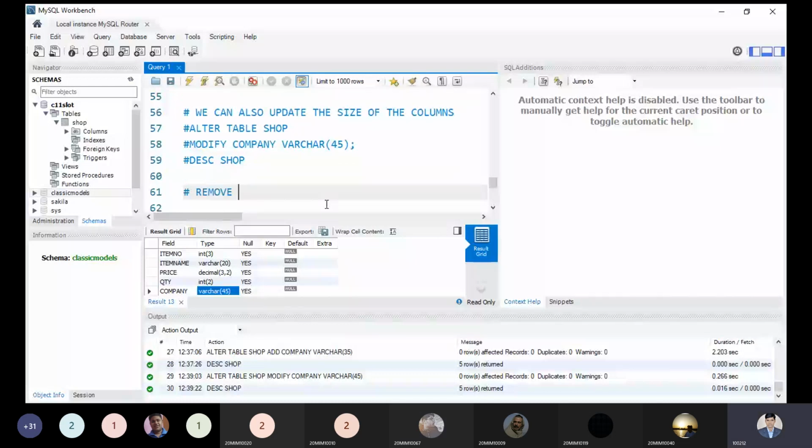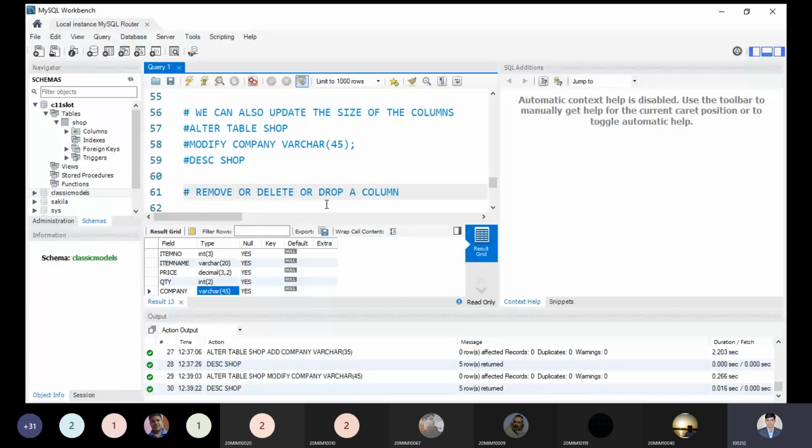Now listen, what I've written: remove, delete, or drop a column. Keep in mind, I'm just dropping the column. I'm just removing the column. I found over here the quantity is not a good way to explain, the price is not a good way. So what I will do, you need to drop a column. So how can we do that?